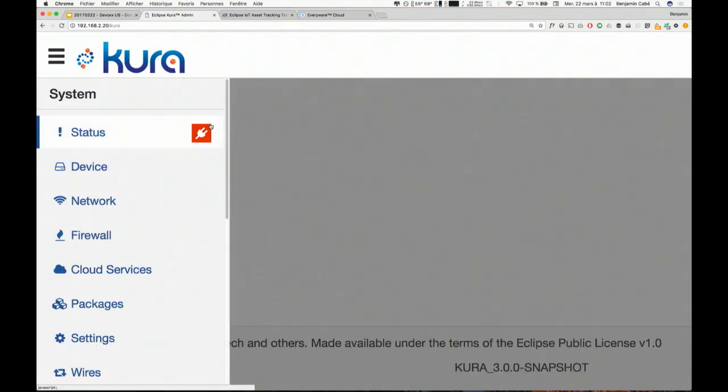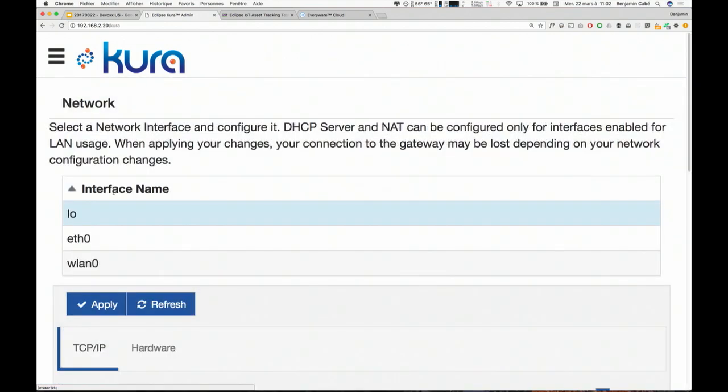And so the Kura UI, that's the web UI, is something that a technician in the field would access to configure the gateway. And like I said earlier, one of the things that Kura will be taking care of is the network configuration. No matter whether you're using a Windows operating system or a Linux operating system underneath, or Debian or Fedora, there's a consistent way to configure the network, which is important.